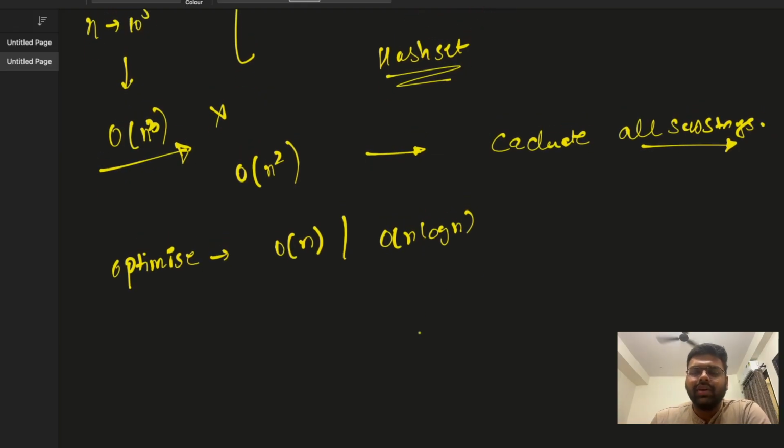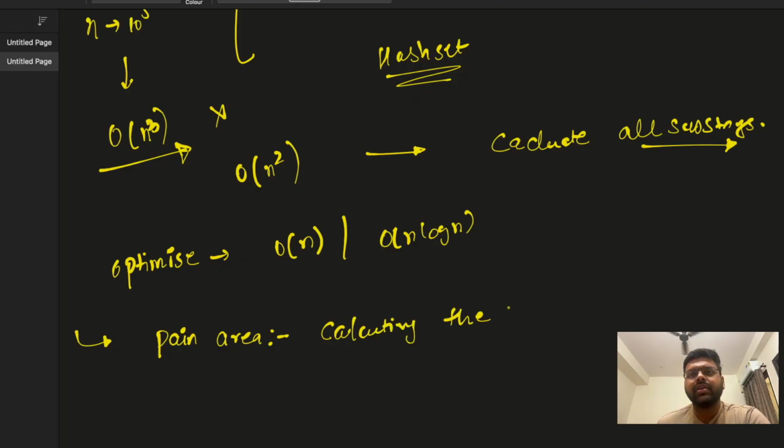Okay, so now let's divide this big chunk of problem into small steps, and let's see how we can optimize each of the following steps, and then with that we'll see that we can optimize the complete problem. So let's understand what our pain area is. Our pain area is actually calculating the substring multiple times,